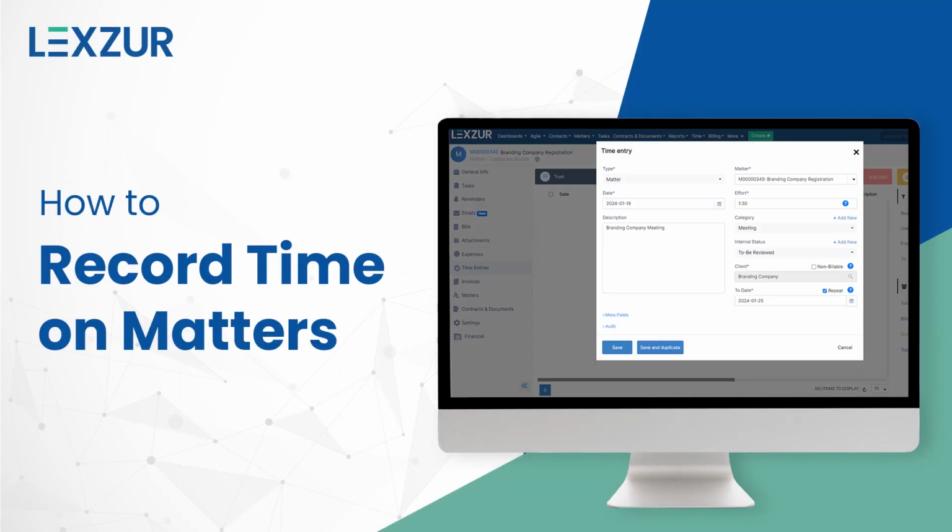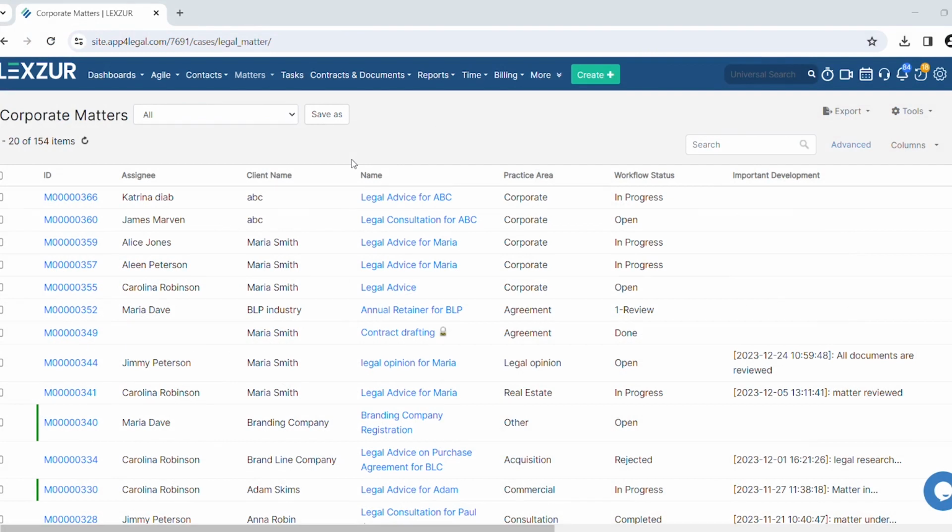Hi. The time tracking module in Lexzur enables you to efficiently track your time. Whether you prefer manual entry by adding time logs or utilizing the embedded timer inside the system for automatic tracking, we've got you covered. In this video, we will guide you through the process of logging time on a specific